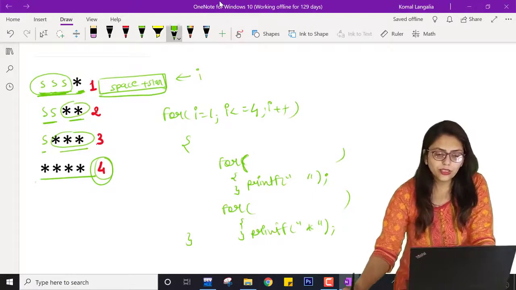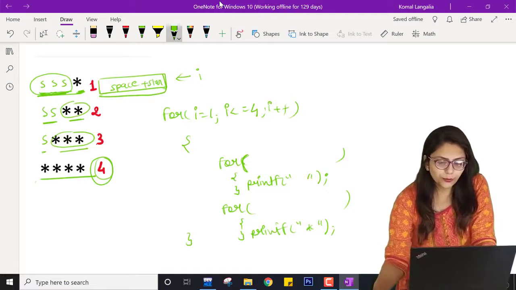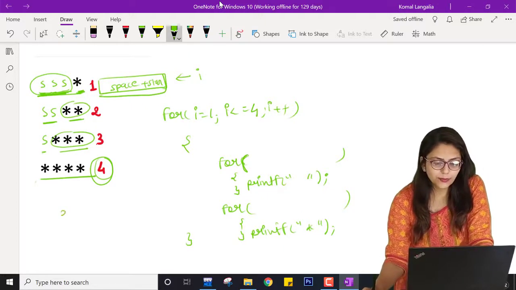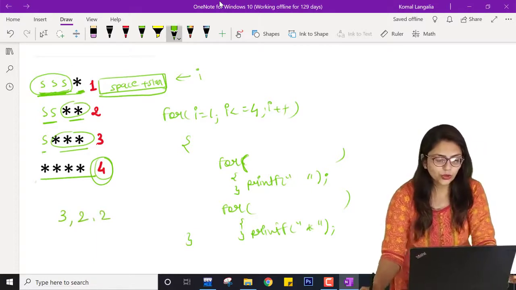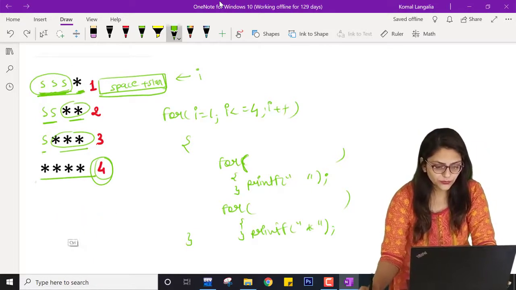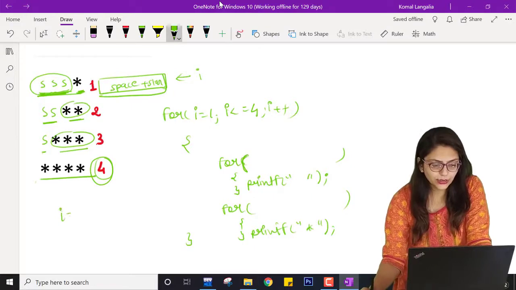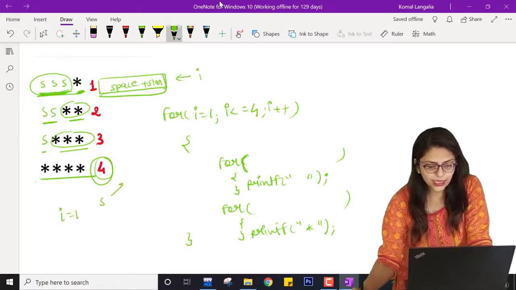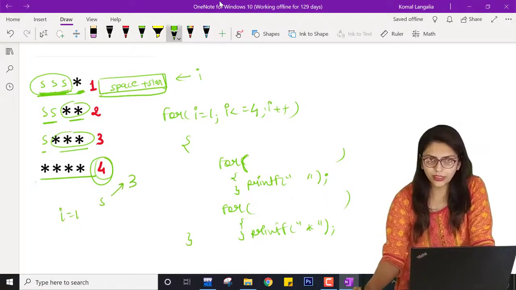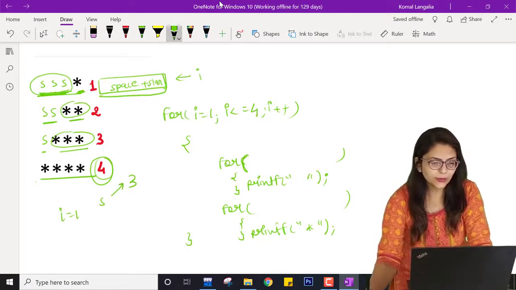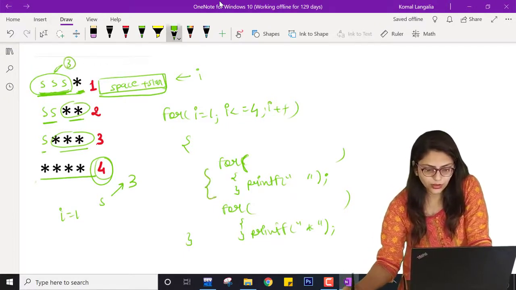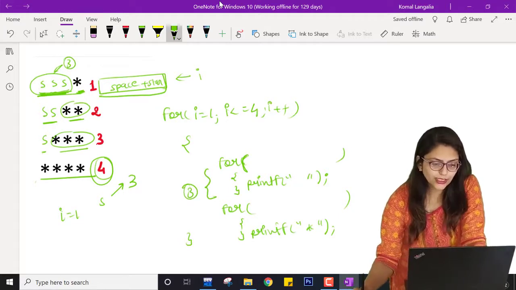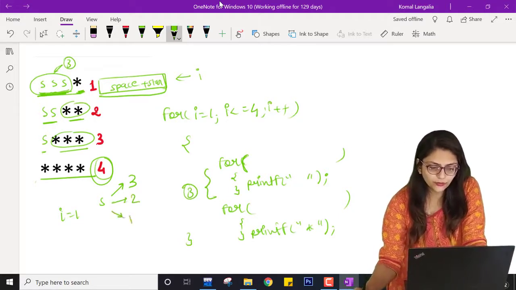So I know that if I want to print 3 spaces, the spaces will be like printing from 3, 2 and 1. So what I am saying is that when I equal to 1, spaces are printed 3 times. That means this loop is executed 3 times, right? So I can say 3, 2 and 1.